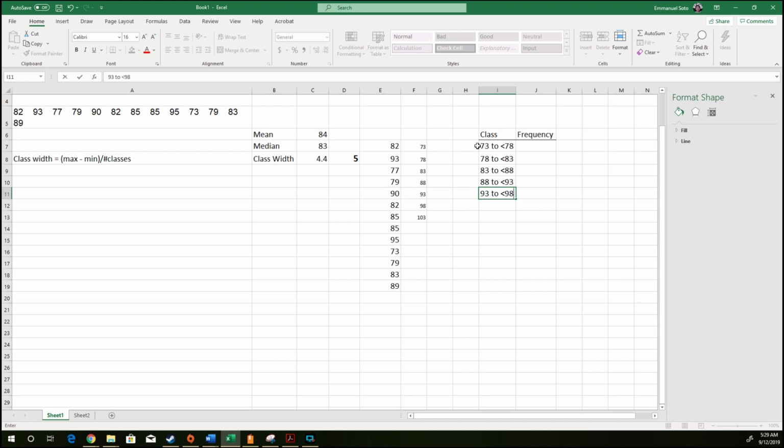In this case, I got my 5 classes, so I can stop there. Alright, so now that I got my 5 classes, I'm going to go ahead and do my frequency. Now it does help to actually sort the data first before you do this. So what I would suggest is I would sort the data, so highlight the data, and then you want to go to,